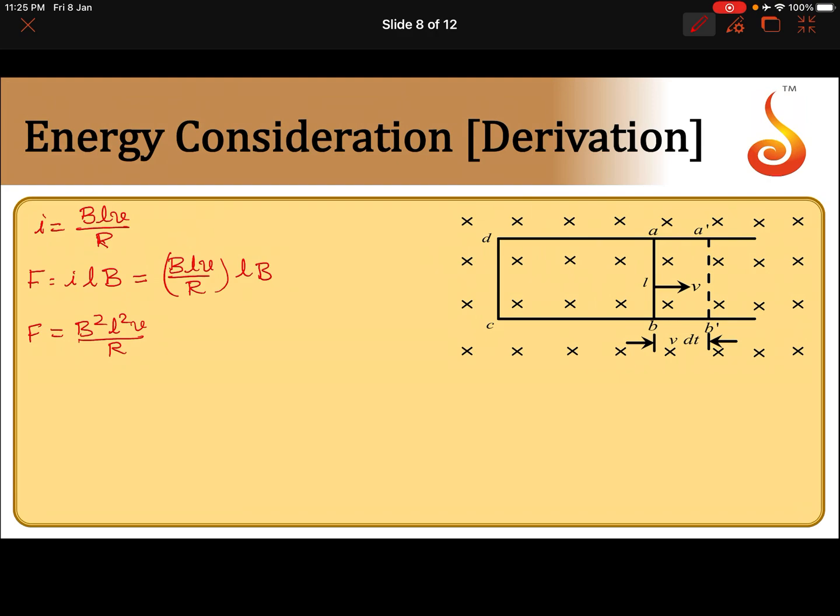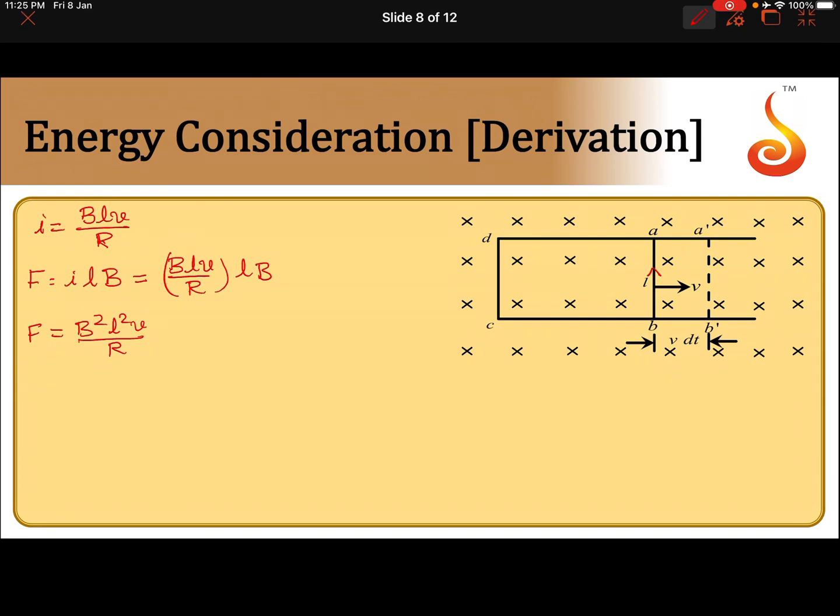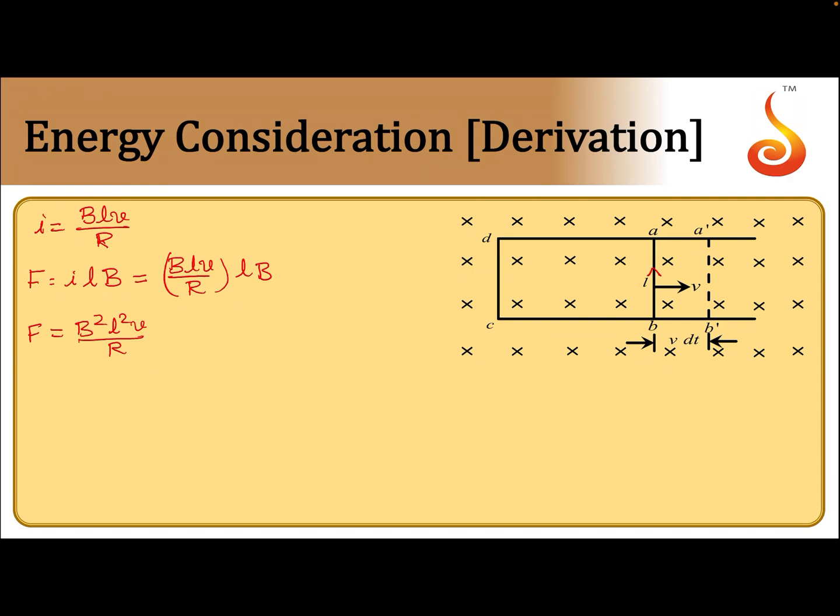So by using the left hand rule, we can find the direction of force. The current in the conductor, from Fleming's right hand rule, flows in the upward direction. So it experiences a force towards left. When you move it towards right, the mechanical force will be towards left. So the force is opposite to the external force that we are applying.